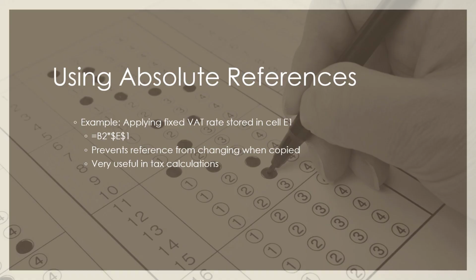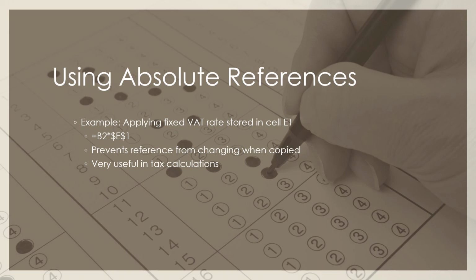Now this is very important for accountants: absolute references. Suppose your VAT rate is stored in cell E1 as 5%. Instead of typing 5% manually in every formula, you use equals to B2 multiplied by $E$1. The dollar sign locks the reference so that when you copy the formula down, Excel always refers to cell